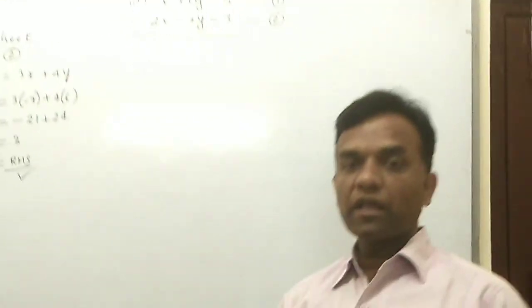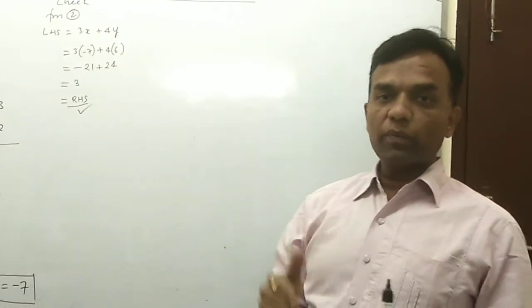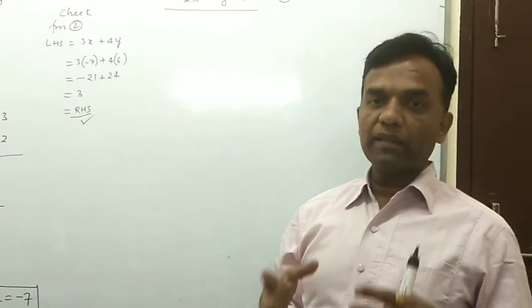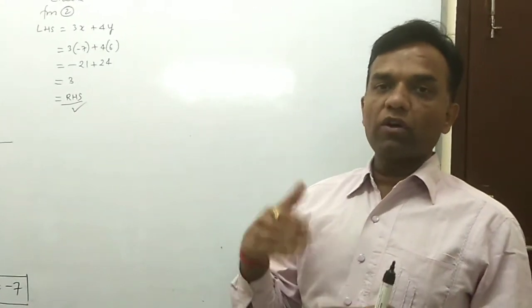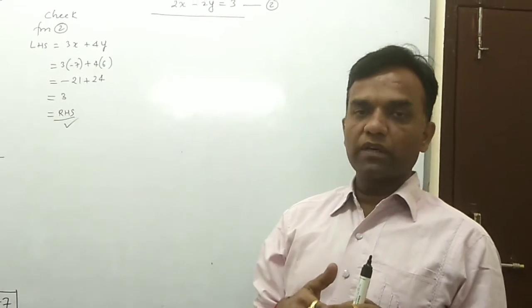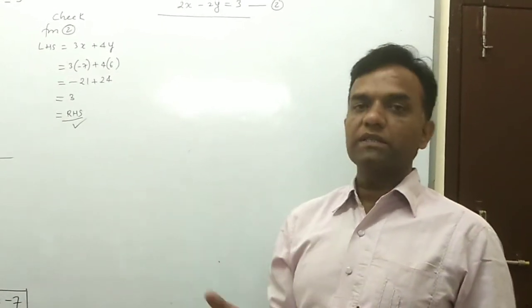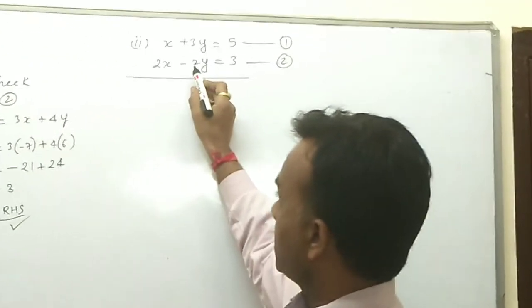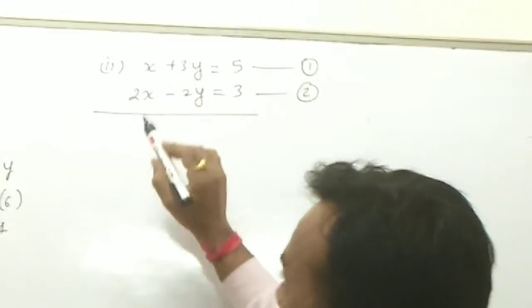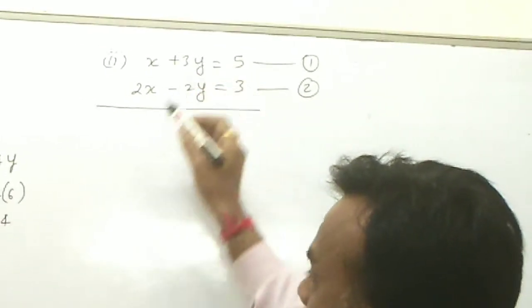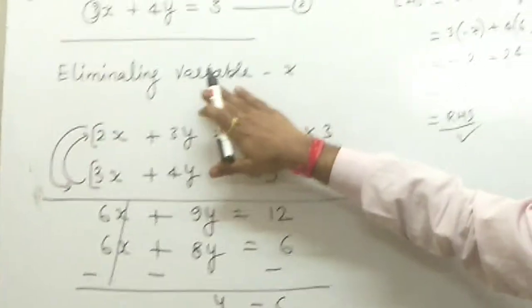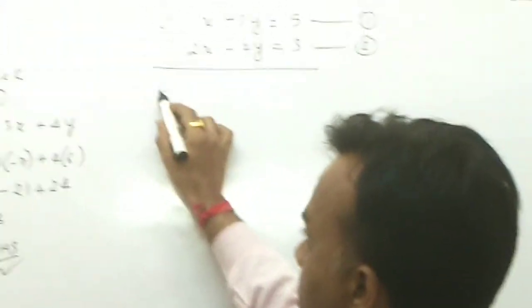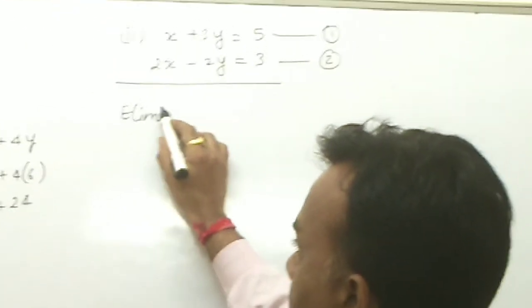So which condition now you consider? Now first you make the same coefficients. So by making the same coefficients you doing the cross multiply. In second coefficient of second equation you multiply in the first, and first you multiply in the second. So now you consider here like your coefficient is 2 and 3. So multiply 2 in first equation, because here we use the concept like in first equation here we use the concept of eliminating variable x here. But now here we use the concept of eliminating variable y.